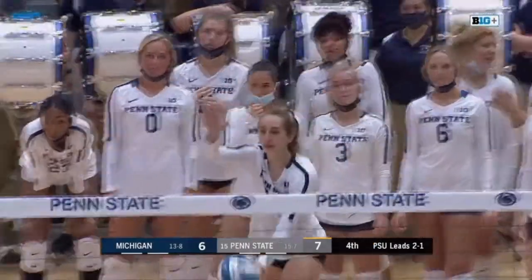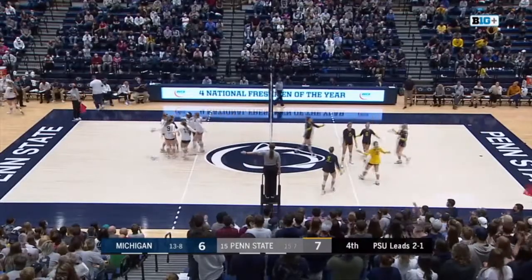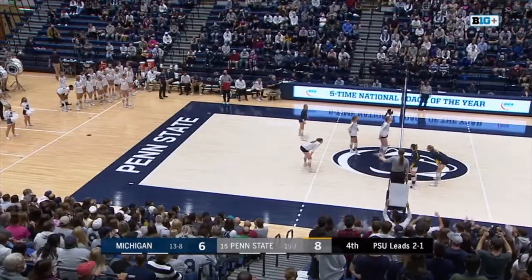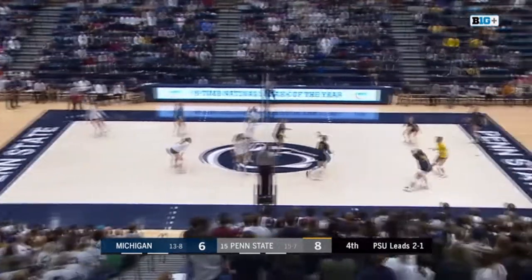For the Nittany Lions, set up in the left corner. Clips the tape and picks up a service ace. It's 8-6 Penn State now, Angelina Stark. Jeez, not much you can do about that. That reminds me of a friendly roll around the basket in basketball or something like that, but still